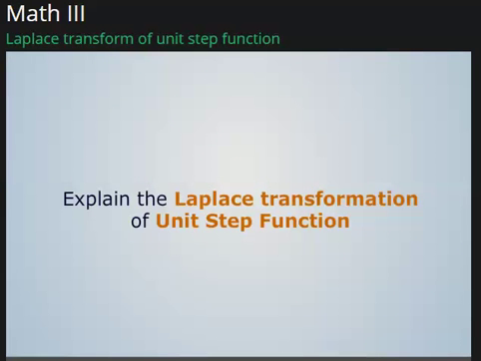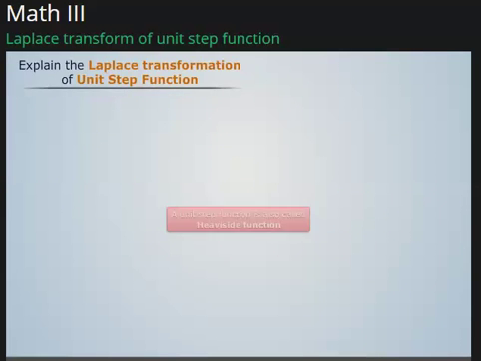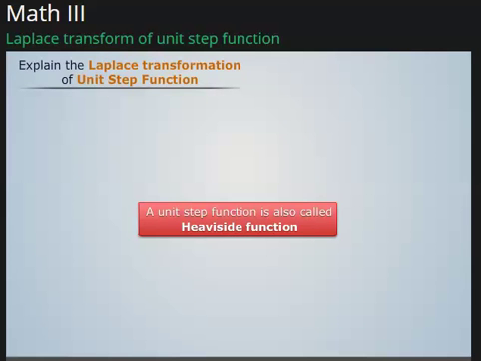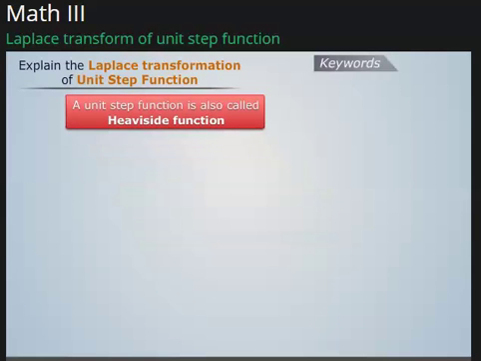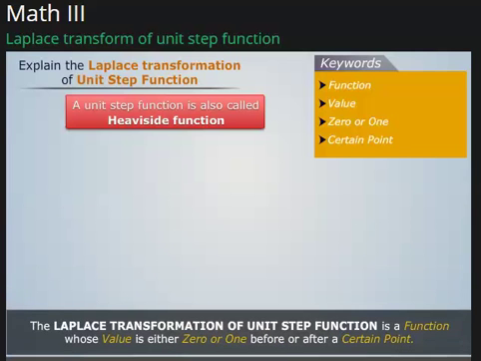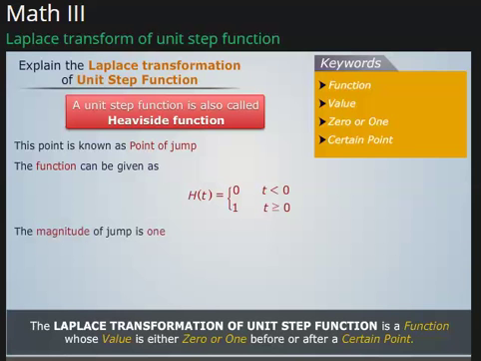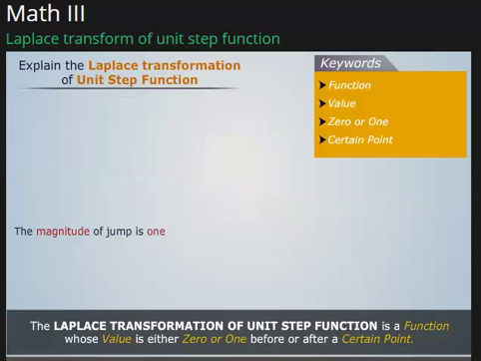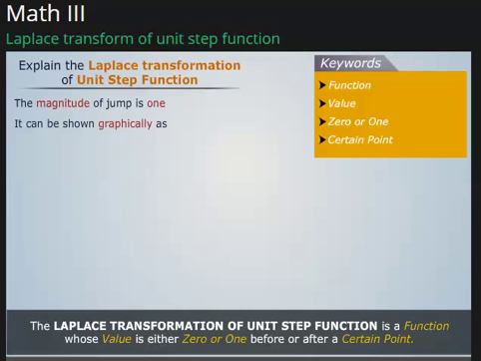Explain the Laplace transformation of unit step function. A unit step function is also called Heaviside function. The Laplace transformation of unit step function is a function whose value is either 0 or 1 before or after a certain point. This point is known as point of jump. The function can be given as, the magnitude of jump is 1. It can be shown graphically as